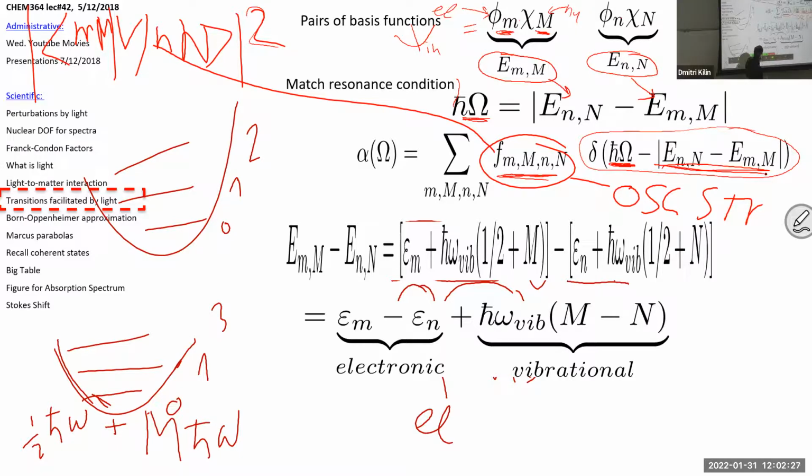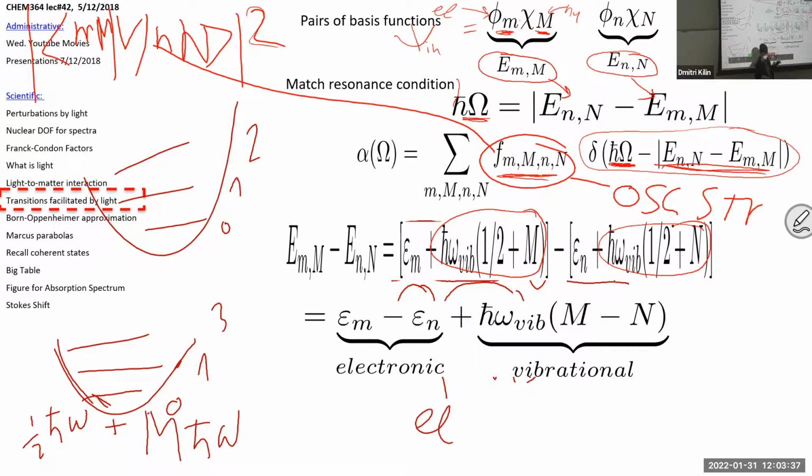So if I want to process the resonance condition, I need to subtract the energies of the initial and final state. And here is one of the equations that we need to cover later on, and one of the equations that definitely will be used in your next class. So let me make a little circle here. If any of you is doing Raman or FTIR, infrared spectroscopy, you may have seen it, and you may have seen it in other courses. So the energy of our combined electronic and nuclear state consists of the energy of the electronic state plus the energy of vibrations, right? The energy of the electronic state is just one,